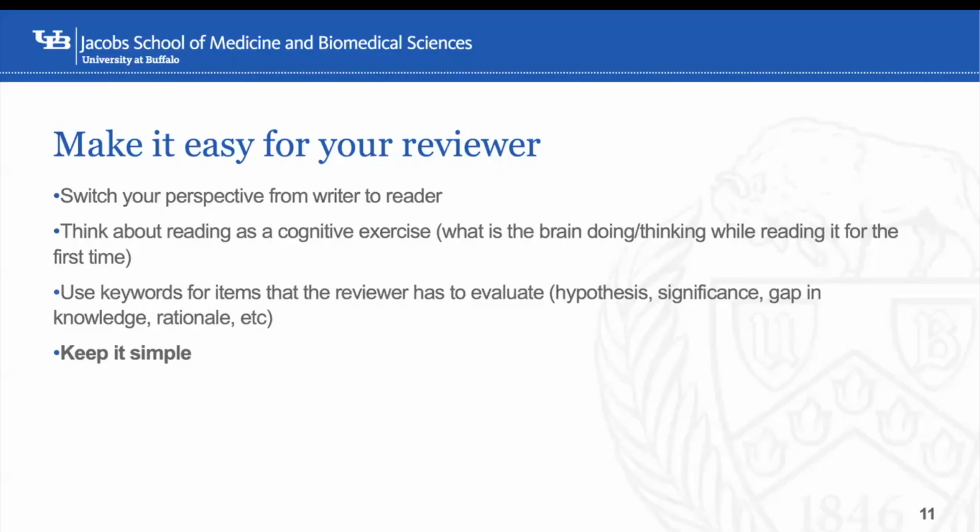And that's why you need to understand the evaluative criteria. Something that sometimes we don't do is keep it simple, right? We try to prove that we know everything and we overcomplicate things. Sometimes that comes at the cost of the reviewer understanding what we're trying to say. Even extreme experts in your field appreciate simplicity, because the simpler you explain it to them, the simpler they can explain it to their colleagues in the study session to convince them that this is a fundable thing.